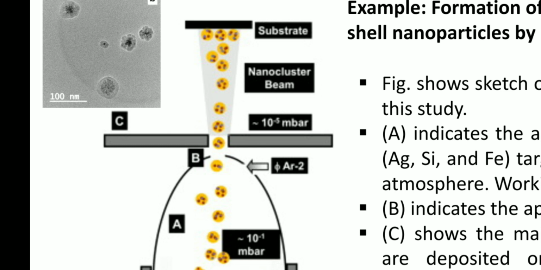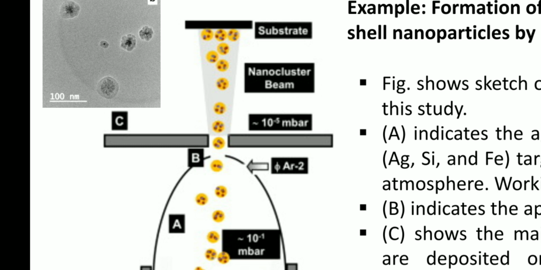Okay, so here they are basically collecting these nanoparticles on the substrate, but you can see that here the pressure is low, which is 10⁻⁵ millibar. Okay, so in the upper side the pressure is low, in the downward side the pressure is high. This pressure gradient basically helps these nanoparticles fly from bottom to the top, so that you are able to collect these particles on the substrate.